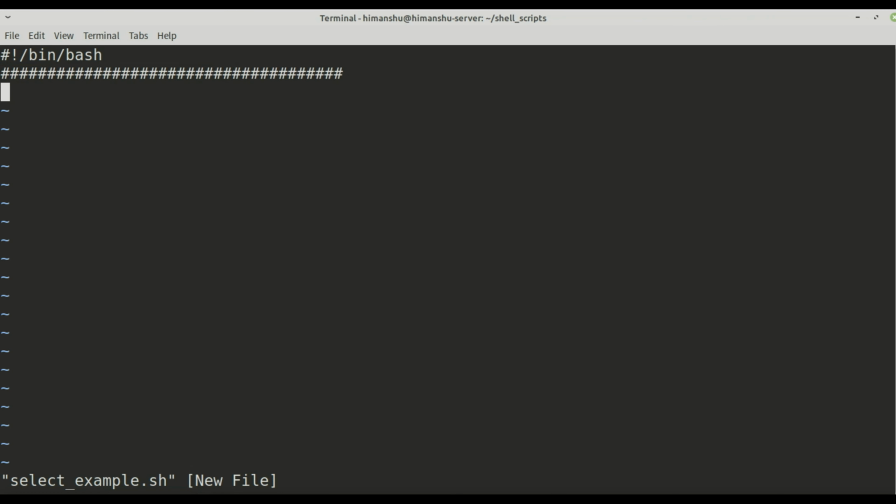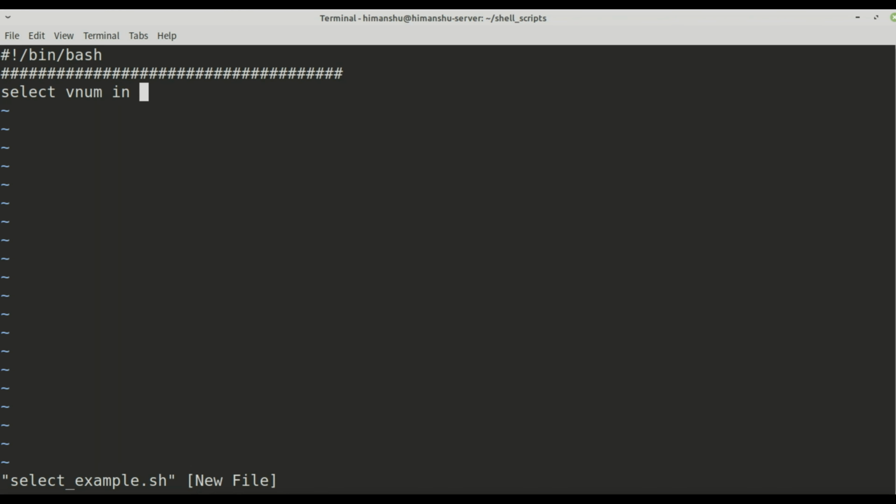The very basic syntax of the select loop is: you write the command select, then you put a variable name, any variable. Let's say I will say vnum. So vnum is my variable name, then in, and you have to define multiple patterns.